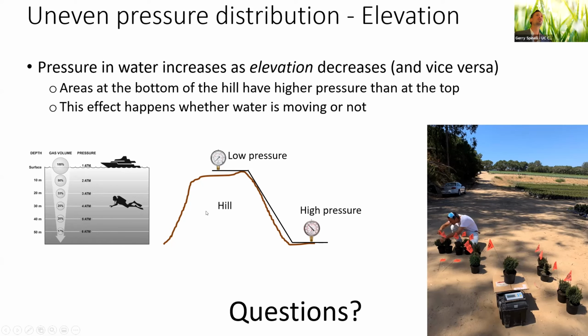And now I want to talk about pressure. So an even distribution of pressure will give you an even distribution of water when you irrigate, because whether you irrigate with a sprinkler or with a dripper, more pressure will push out more water. While I'm here weighing my pots, you can look at these two irrigation blocks out here, and one is maybe 20 feet higher in elevation than the other one. So everything else being equal, the pressure up here will be lower than the pressure in this block down here.